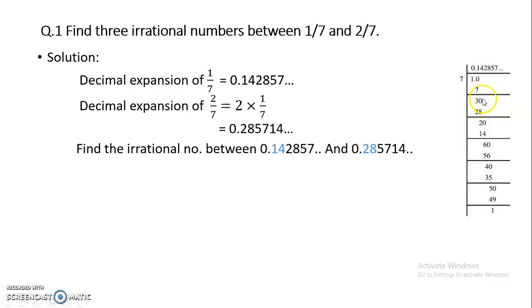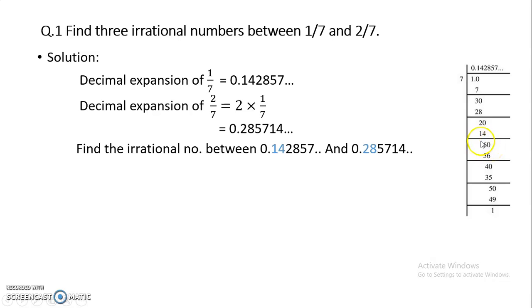Then again you have to take 1 0. So 7 4s is 28. So you will take 28 over here and 4 above. Again subtract this. So you will get 30 minus 28, that is 2. Again 0 will come, and 7 2s is 14. So 2 will go up, and this 20. Again subtraction, 20 minus 14 is 6.